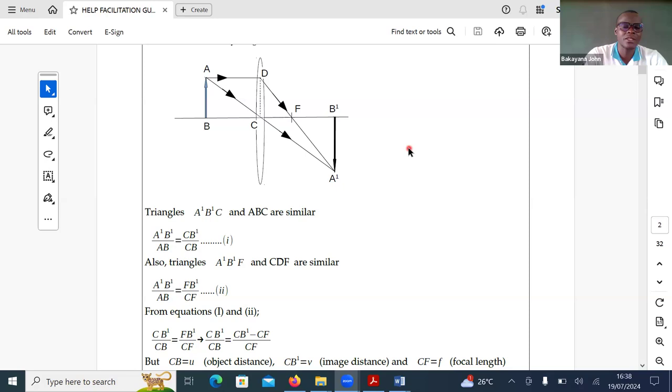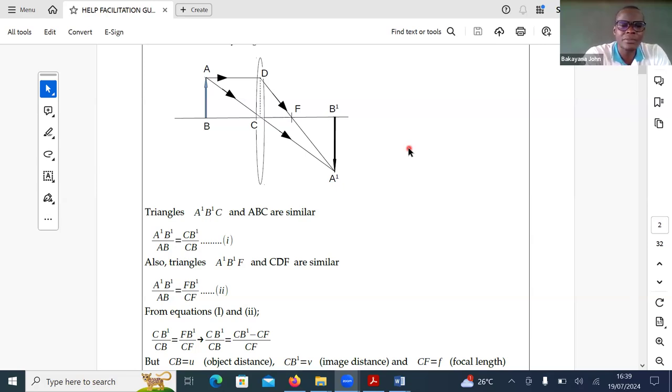We have our object, we have our image, and from the knowledge of similar triangles, we see that triangle ABC and triangle A prime, B prime, C are similar. Is that okay? From similar triangles, if I divide A prime B prime by AB, this should be the same as